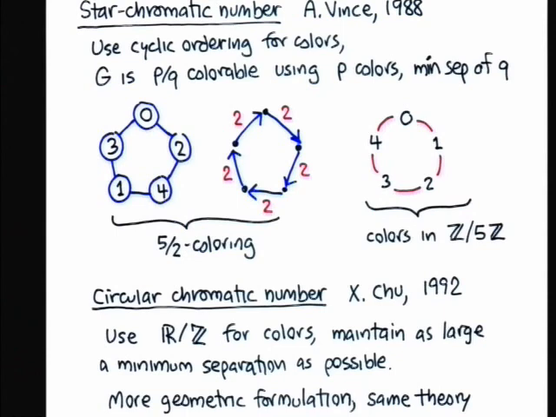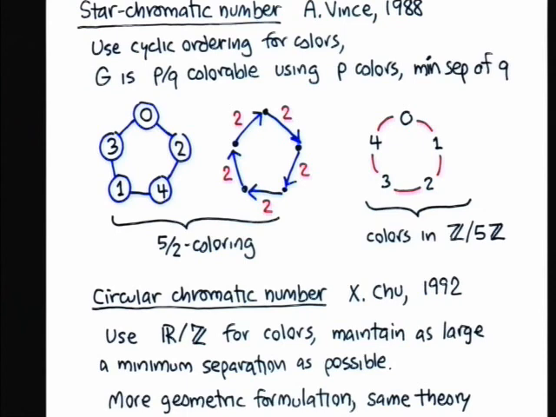If you want colors to be as far apart as possible in the color wheel, then this model starts to make sense, where we think of our colors as having a cyclic ordering, and instead of saying never have adjacent vertices the same color, say I want adjacent vertices to be as distinct as possible. So it happens for a pentagon that I can optimally color a pentagon using